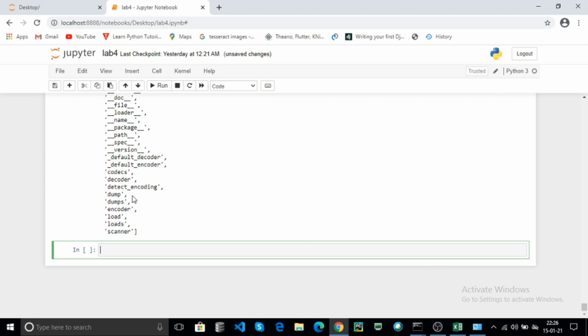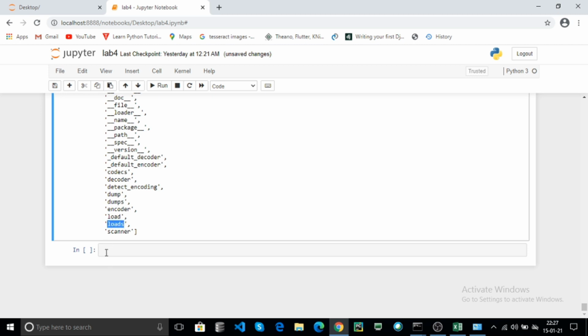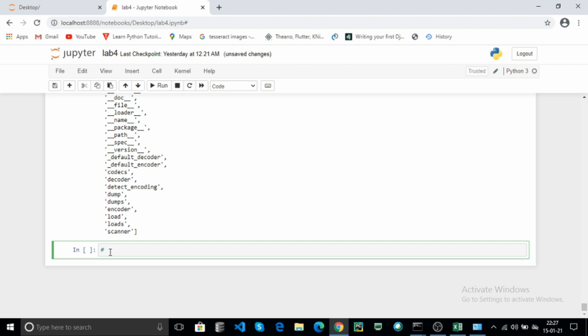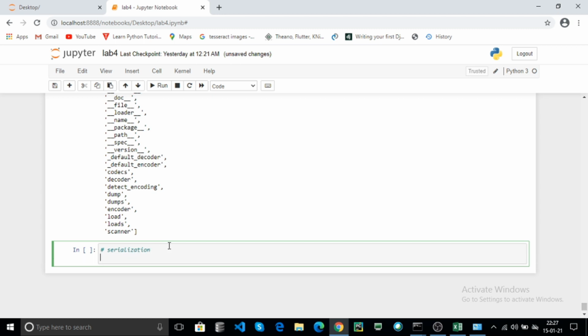Now in this video we are discussing 4 methods: dump, dumps, load, loads. In JSON we discussed 2 techniques: serialization and deserialization.